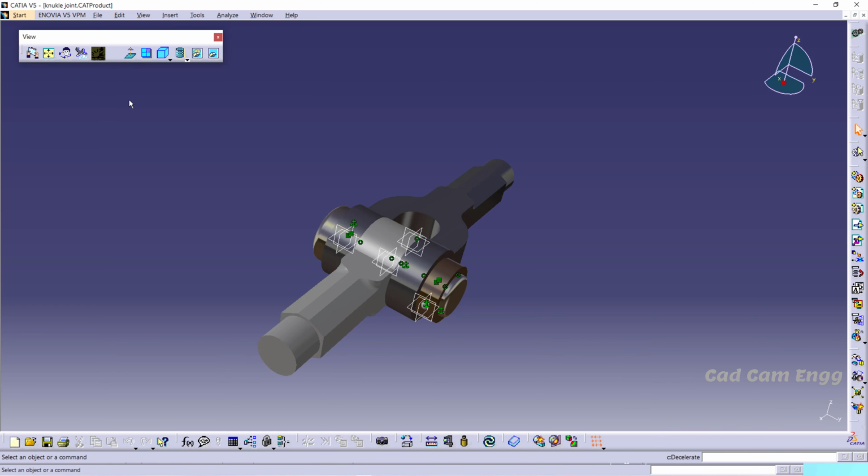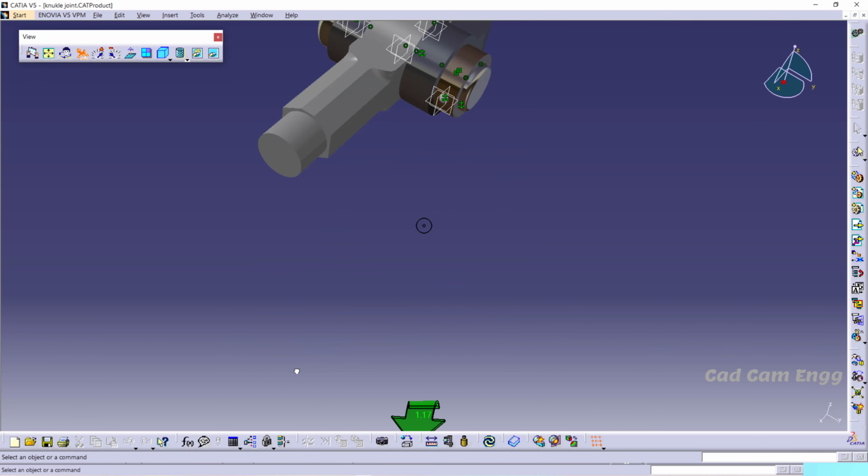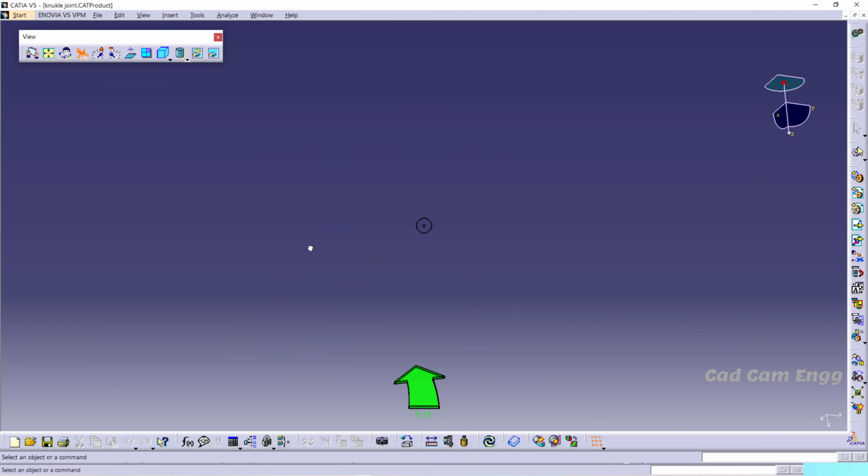If you are having a very fast fly mode, then you can click on this minus, decelerate, and if you are having very low speed, you can increase your speed by accelerating. Okay, first I am going to fly, and I will check whether we are having more speed or less speed, and we'll fly, and then you have to press and hold the left key, and then your object will be moving.